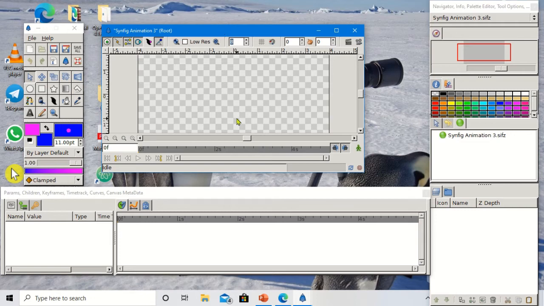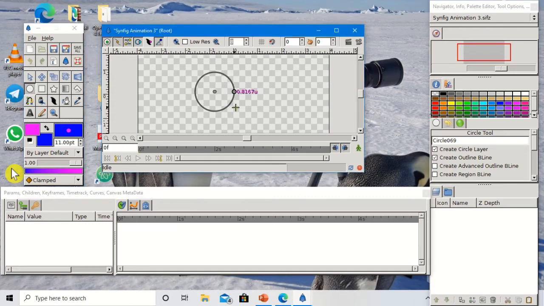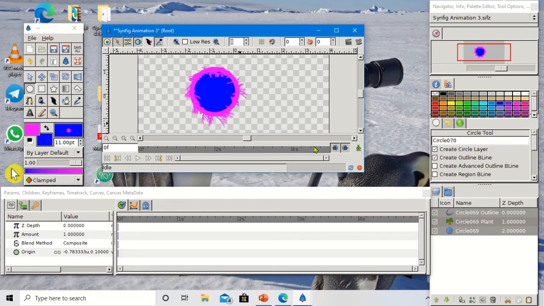selected object, right? So here I want to draw a circle, and you can see this circle has three layers here. You can see the outline layer, the plant layer, the region layer. As I told you, in Synfig Studio we are allowed to work individually with layers.